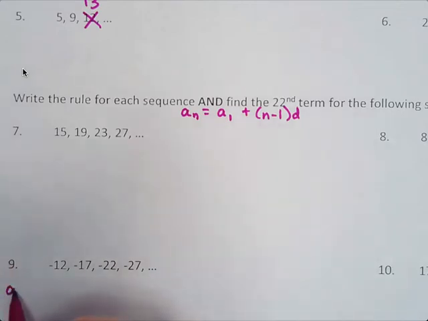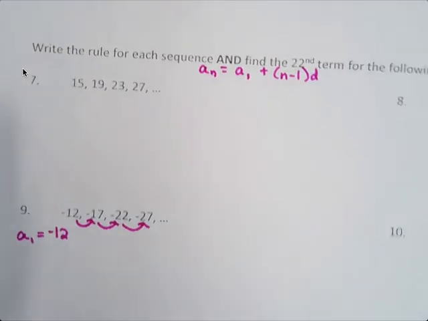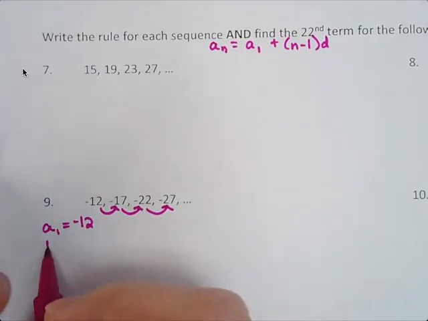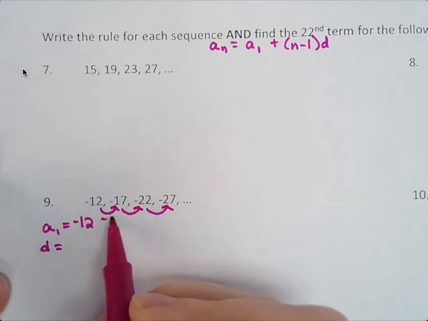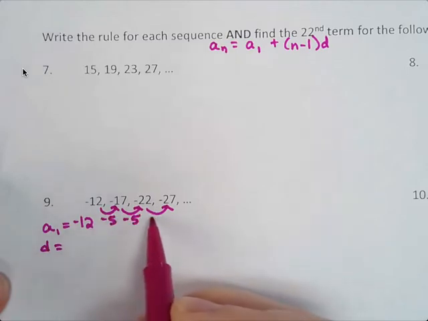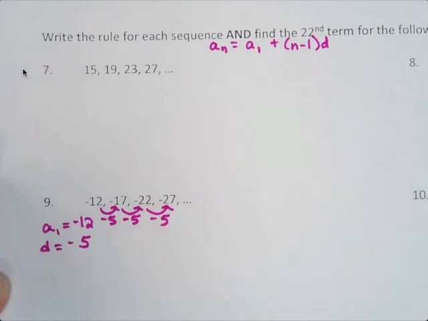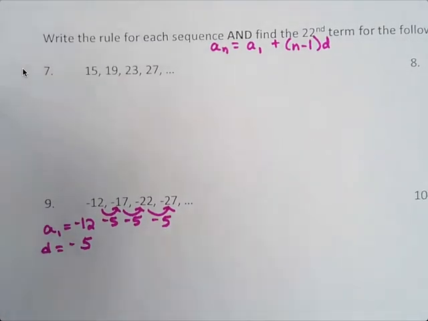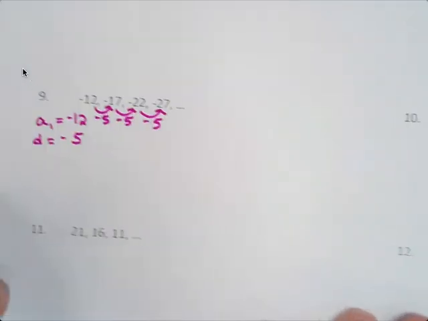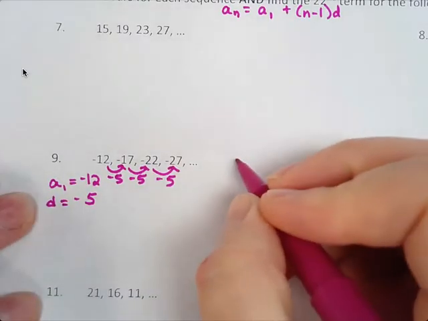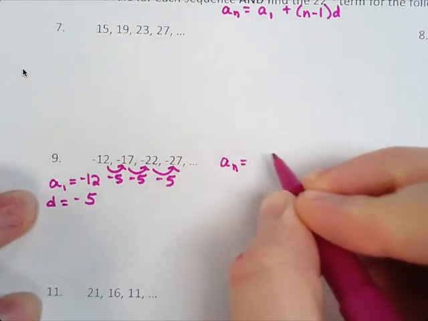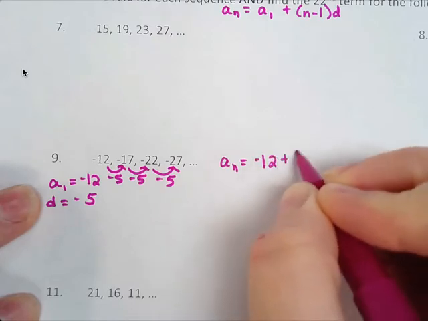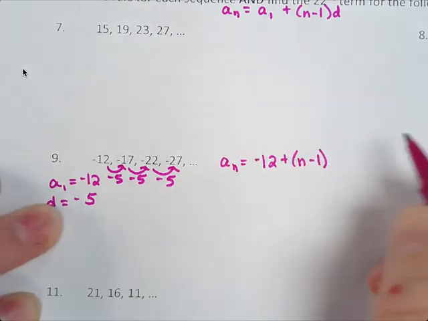So what is our A1? Negative 12. And then our D is our common difference. What is the D? Minus 5? Negative 5? Okay, so then we do AN equals A1, which is negative 12, plus N minus 1 times the D, so